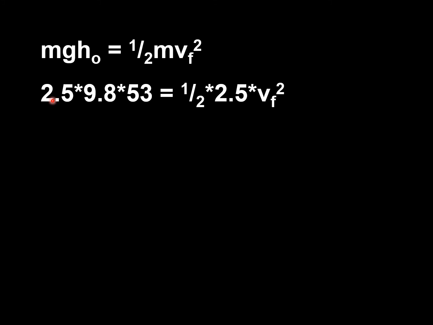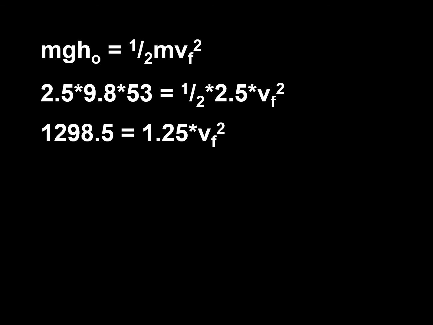We got mass is 2.5 kilograms. The acceleration due to gravity is 9.8. The height initially is going to be 53 meters. And then we got 1/2 times 2.5 times the final speed squared. So on the left-hand side, we multiplied that together. You get 1,298.5. And on the right-hand side, you have 1/2 times 2.5, which gives me